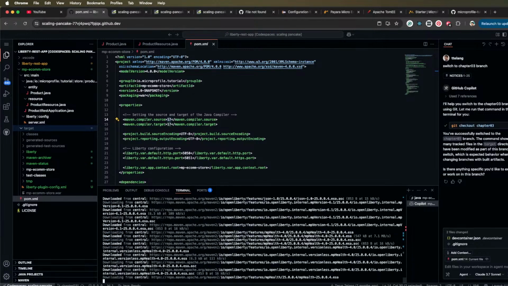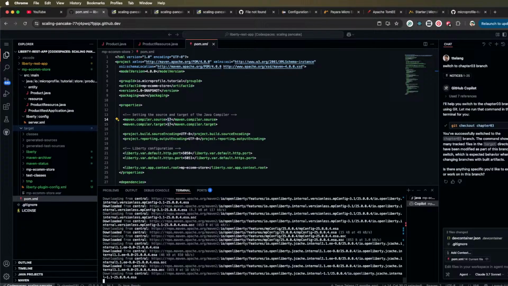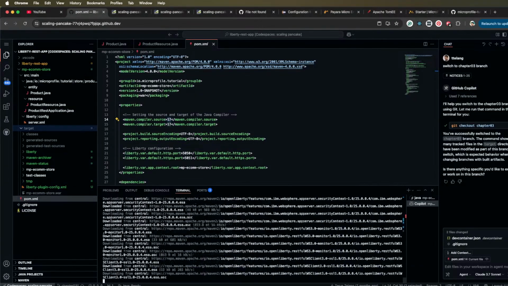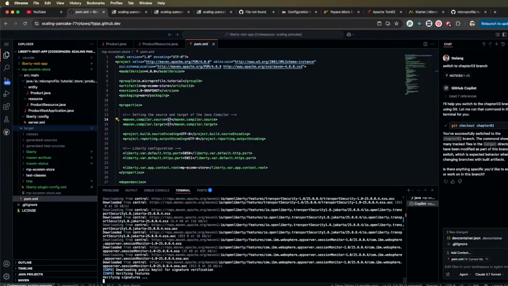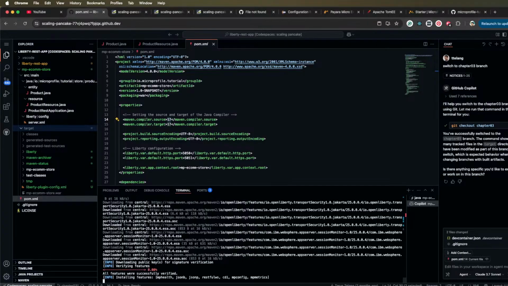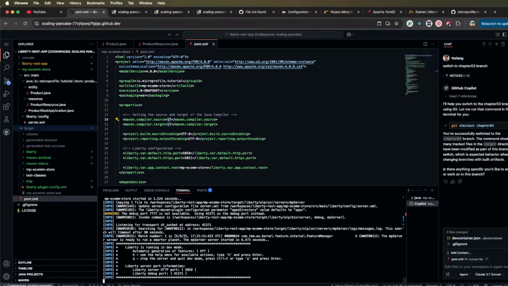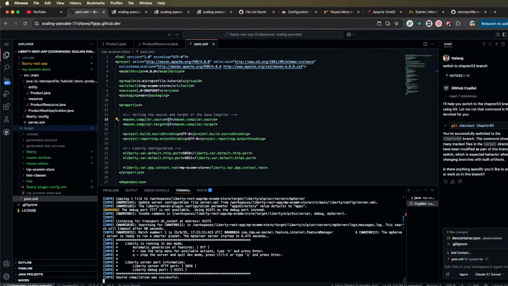Now this is building the project and running our Open Liberty server, and a RESTful web service will be available. So this is the last demonstration for today. I will be closing this session after this demonstration, and for further chapters I will start again tomorrow. I'll share the time for tomorrow's session